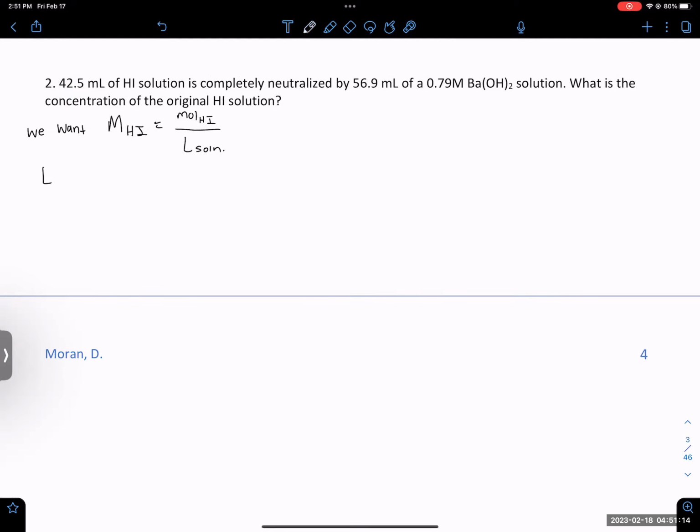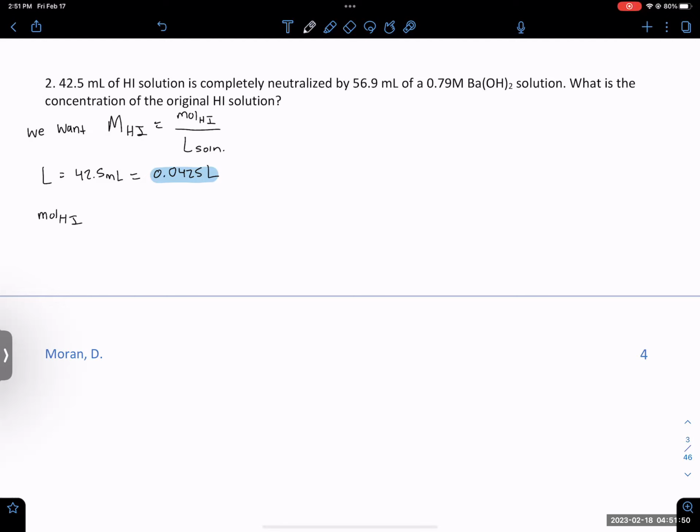So our L is equal to 42.5 milliliters, but we need it in liters. So this is 0.0425 liters. All right, are we good so far, my fellow chemists? So we have liters and we're looking for M, molarity. We only need one more variable, so we need moles. So that's the question: how are we going to find the moles of